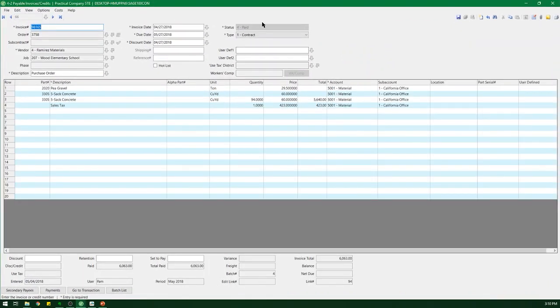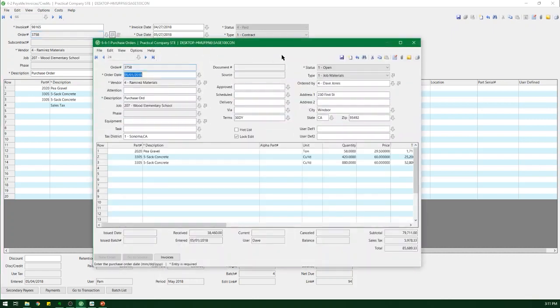Right. This invoice has been paid. You can see by the status. It's a contract invoice, so it's tied to a job. It has a purchase order. We can see what came in and what was tied to it. If I want to look at that PO, I can go over to my View Add Record, click on it,